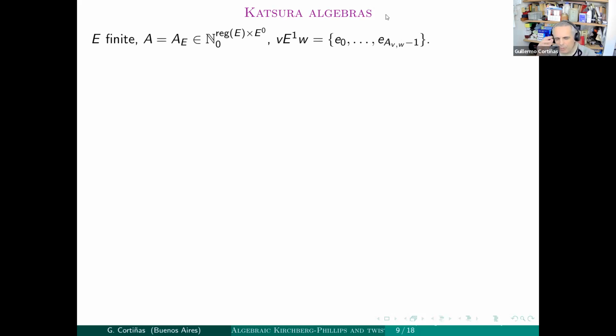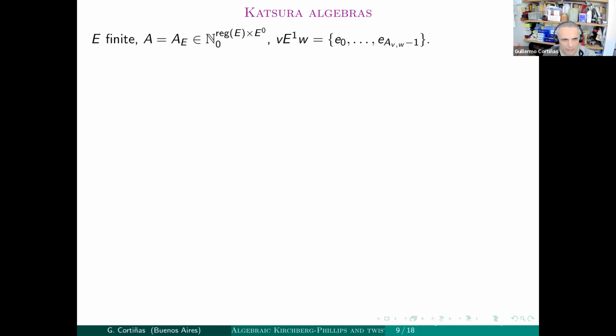So an important thing is that Kirchberg's Geneva theorems do not hold in the algebraic setting. What I need to be able to work with my algebras is some combinatorial description of the algebras by generators and relations. Okay, and well, such algebras are the Katsura algebras. So let me recall how they are defined.